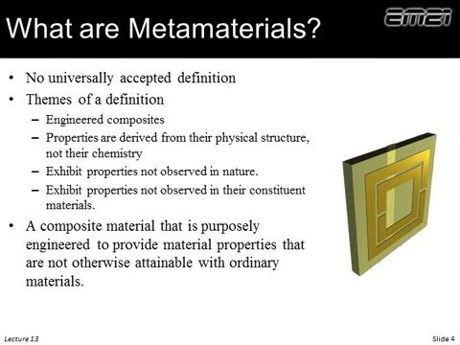A second theme is that the properties that come from the metamaterial are certainly indirectly related to the materials they're made from, but they're more derived from how they're structured. So for example, this little picture on the right here has metal rings. It turns out this will give it an artificial permeability. While there's metals in it, it's not behaving like a metal. It's really more behaving like something with a permeability. So that arises from its structure, not necessarily the underlying materials, which in this case is probably just some kind of plastic and metal.